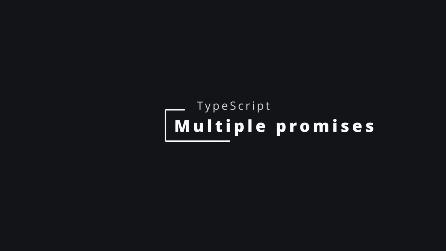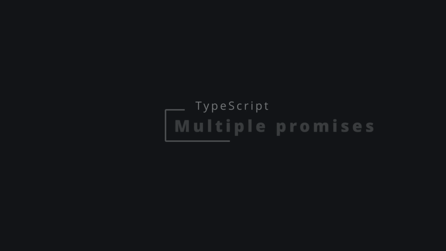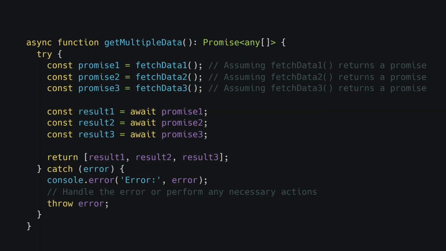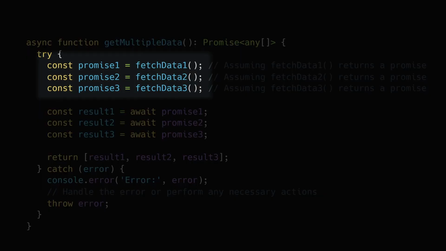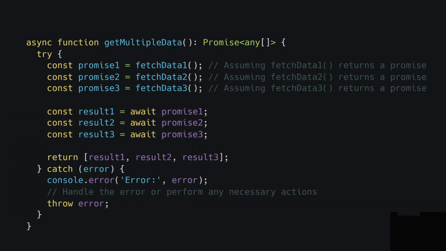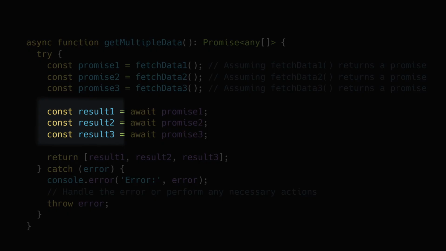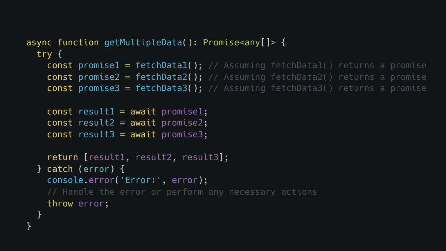Let's take a look at how we can handle multiple promises using async await. In this example, we define an asynchronous function called getMultipleData using the async keyword before the function declaration. Inside the function, we create three promises: promise 1, promise 2, and promise 3, assuming each of them represents a separate asynchronous operation, for example API calls. We then use the await keyword to pause the execution and wait for each promise to resolve. By assigning the results to separate variables, result 1, result 2, and result 3, we can work with the resolved